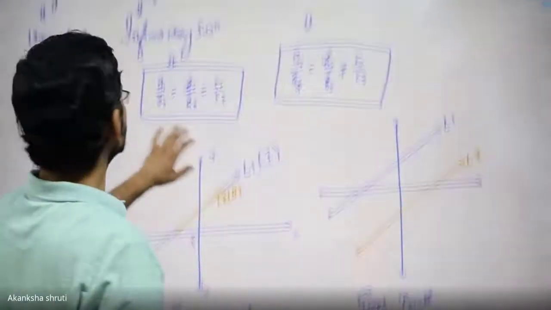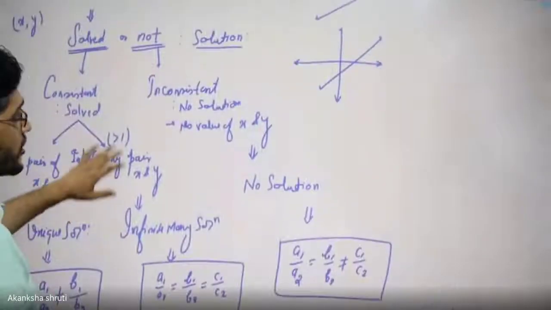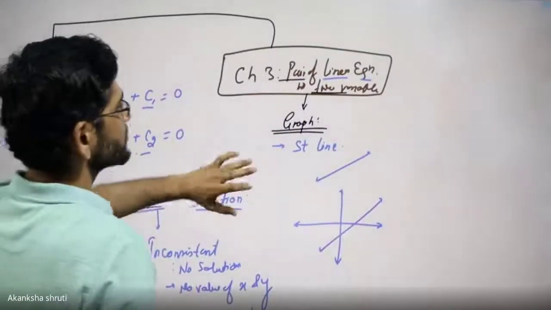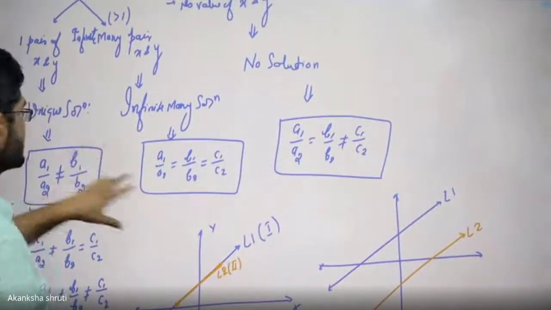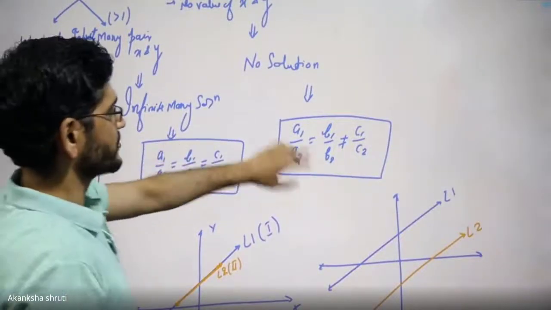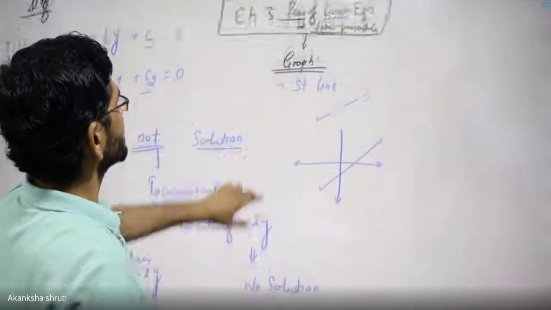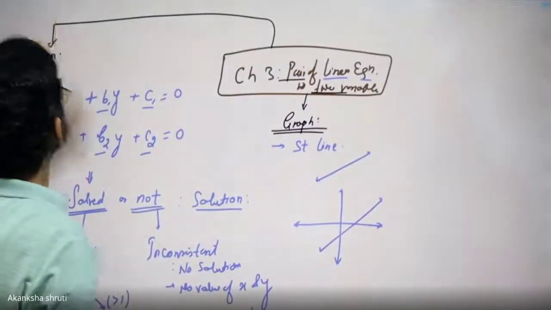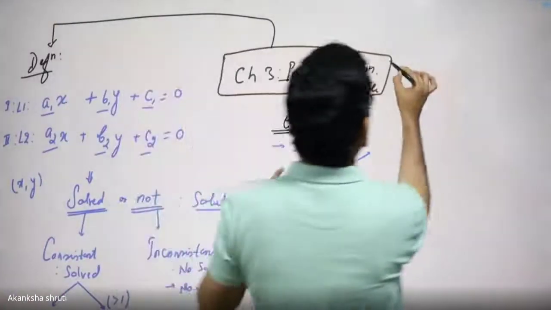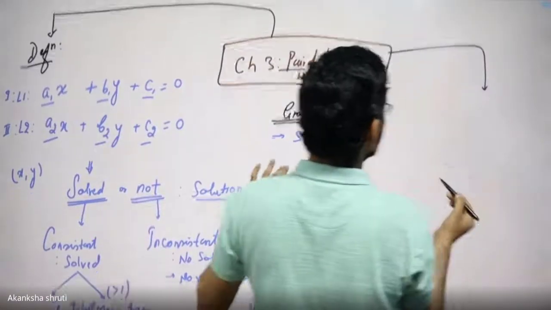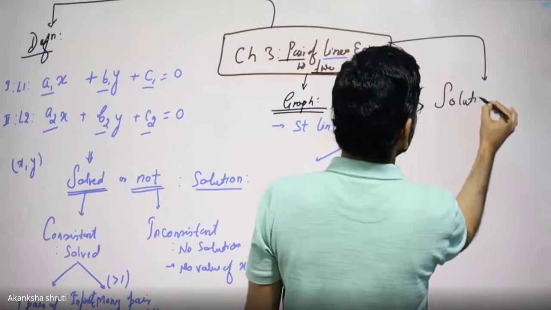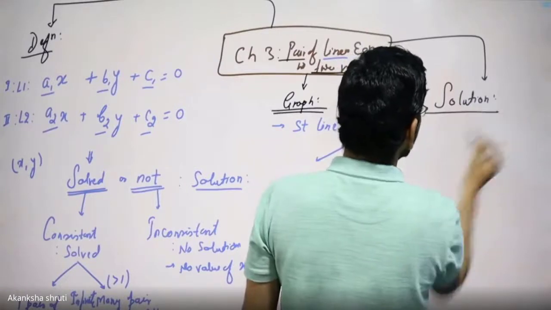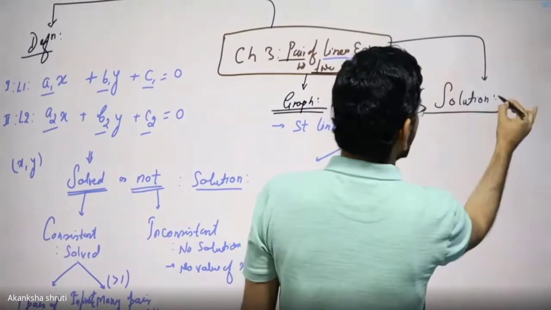So this is what we mean by the type of solution. How is their graph? Two things. Questions are asked from here. Even algebraically the equation is given. You have to frame this and you have to solve this. We have done this in our regular class. The next one is solution. I'm not going to solve, I'm just going to explain. So finding the solution. Students, the solution methods.